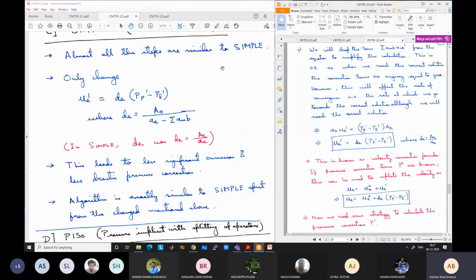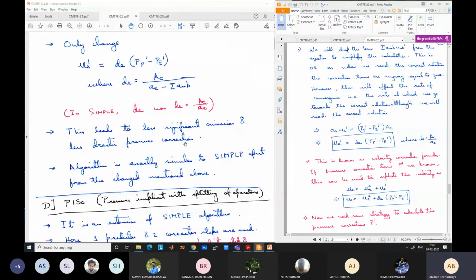It is case to case dependent, but in case of strongly coupled flows, it has been seen. You cannot directly say it mathematically, but from test cases it has been seen that it leads to faster convergence as compared to the SIMPLE algorithm for highly coupled flows. If there are other things which are highly coupled, say temperature distribution depends strongly on the velocity field, in those cases SIMPLEC will be much better than SIMPLE. And there are comparative studies and old papers from the 1980s and 90s which show this type of comparison.